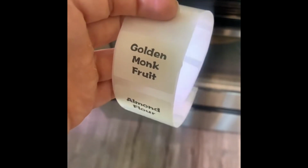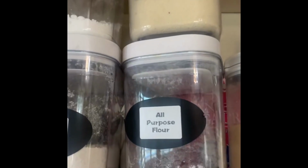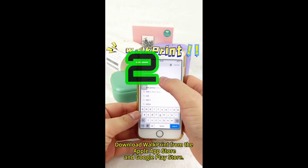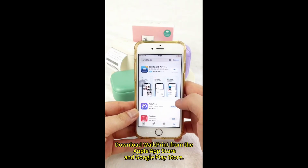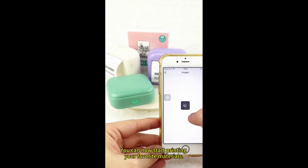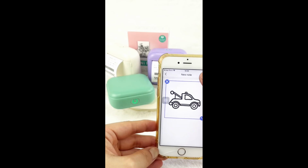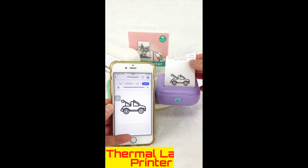Compact and lightweight, this innovative printer is designed to fit in the palm of your hand, making it perfect for students, travelers, scrapbookers, or anyone who loves organizing and labeling with style. Powered by thermal printing technology, the mini printer eliminates the need for ink, toner, or ribbons. Simply load it with thermal paper and you're ready to print memos, photos, labels, to-do lists, QR codes, journal entries,